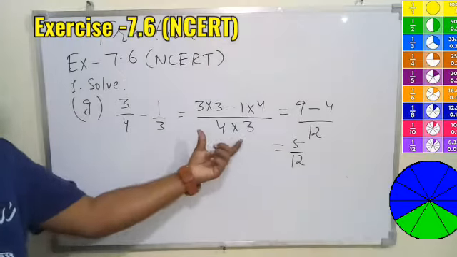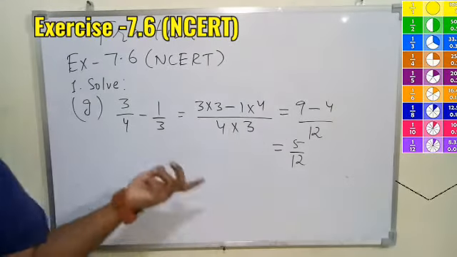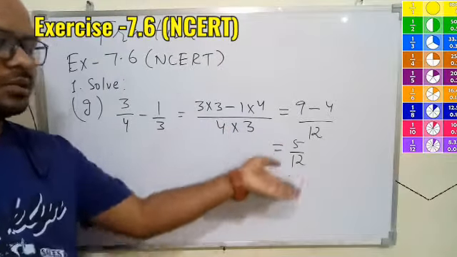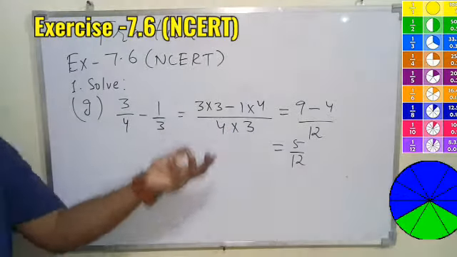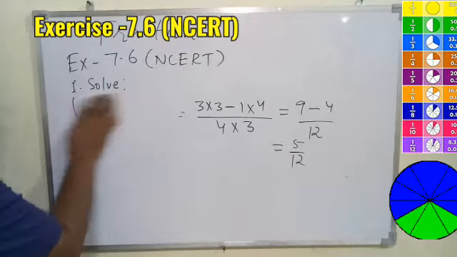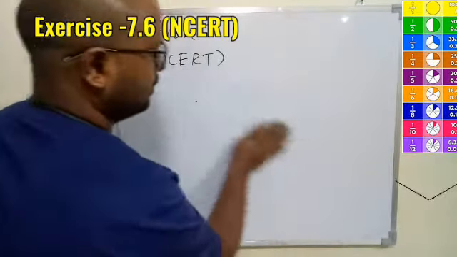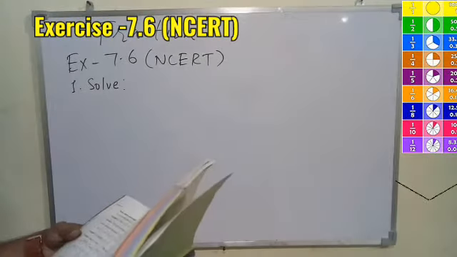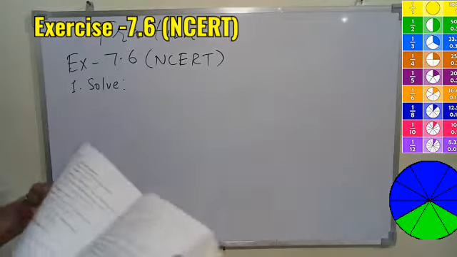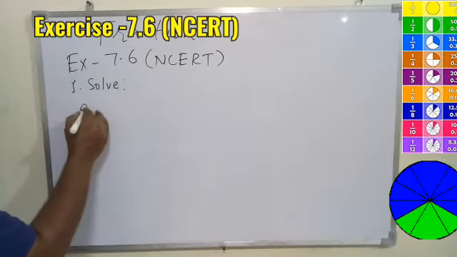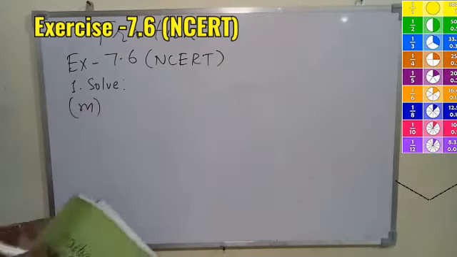So even if you find the LCM of 4 and 3, you will get 12 only, very first, and then you will come back to the same process. So without finding LCM also, you're able to get the same answer. Okay, so it's up to you which method you apply. All are good. So I hope you'll be able to do some questions yourself. Let me do one more. There are many questions. I'll do the M part.